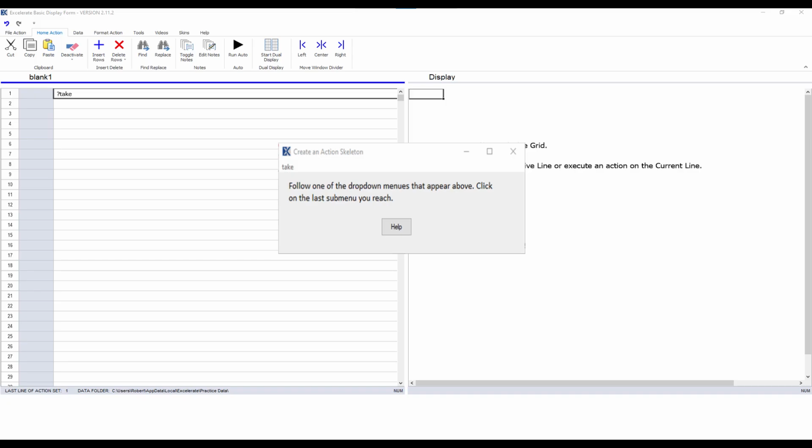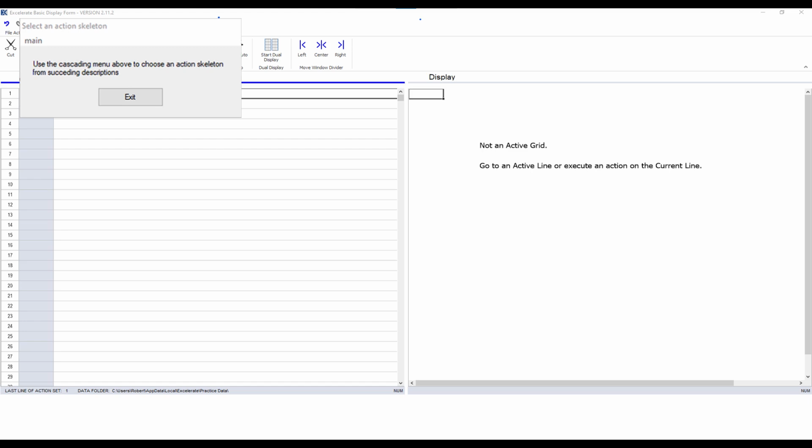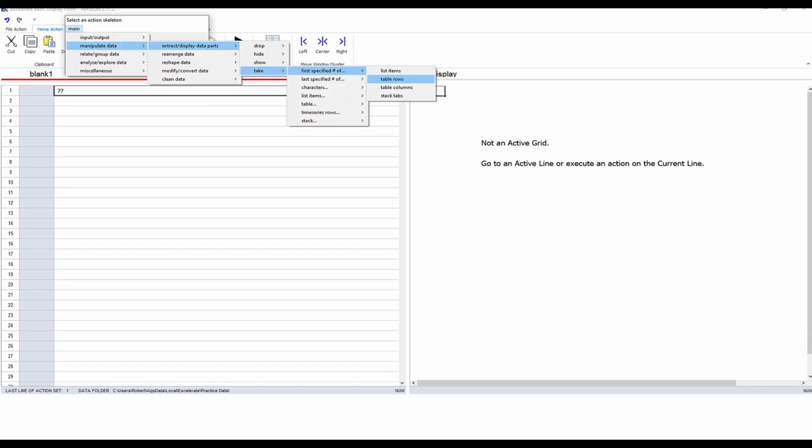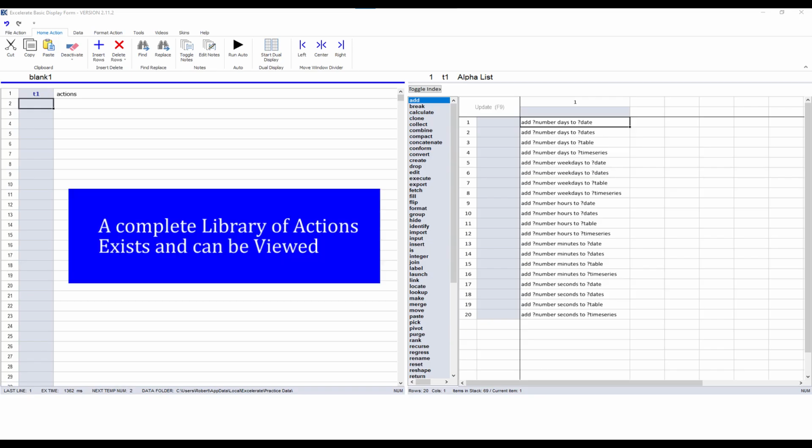There are other methods depending on your preference or level of familiarity. If you enter a double question mark, a drop-down menu appears that allows you to immediately go through the search process with no preliminaries. As another alternative, enter Control-Shift-A or type the word actions to see the complete library of